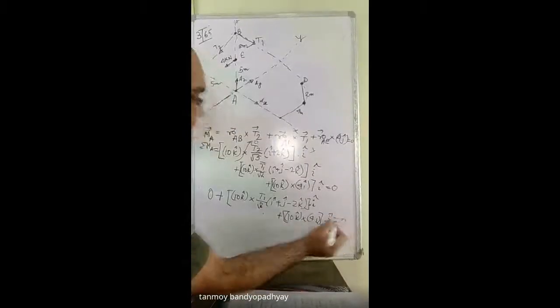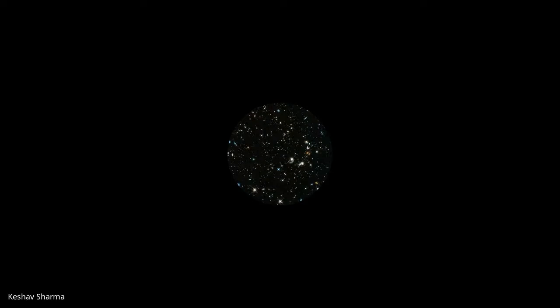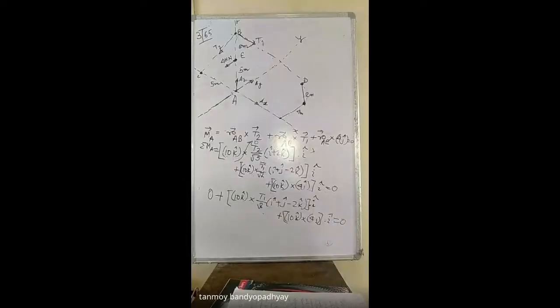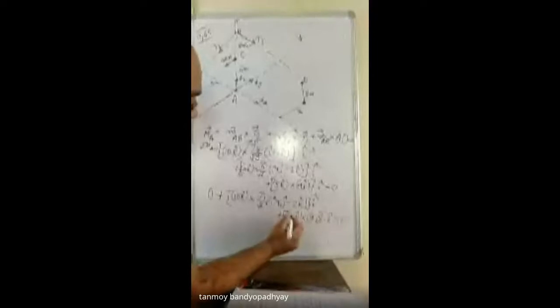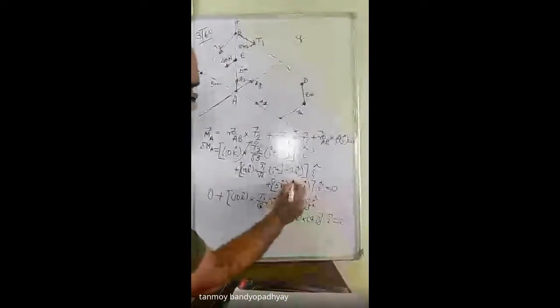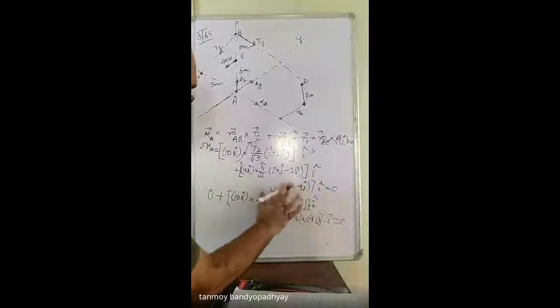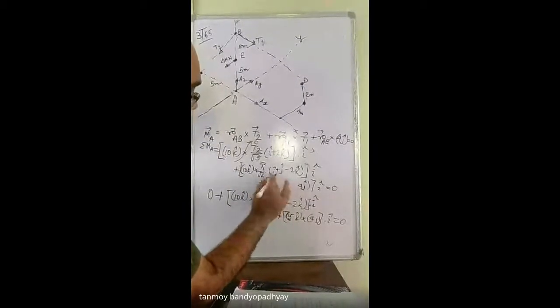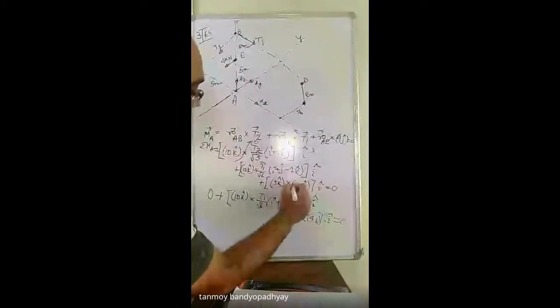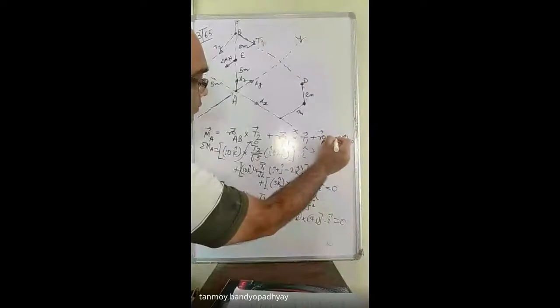Dot I cap, হ্যাঁ কোনটা? স্যার 10k ক্যাপ ক্রস 4j ক্যাপ, ওটা 5k ক্যাপ হবে তো? হ্যাঁ, 5k ক্যাপ হবে। Sir, A distance 5 meter আছে, ডিসটেন্সটা 5 না স্যার? ও এটা 5 হবে, হ্যাঁ এক্স্যাক্টলি। স্যার মাইনাস j হবে না? হ্যাঁ মাইনাস 4j, ঠিক আছে। এটা আবার লিখি, প্লাস 5k cap cross মাইনাস 4j ক্যাপ, ঠিক আছে।